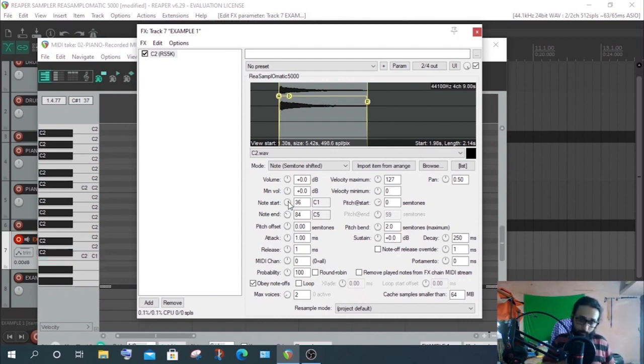First I'm playing C1 and next I'm playing C3. C3 didn't cut the C1 sound. Yeah, they both are playing simultaneously. But if it was 1,